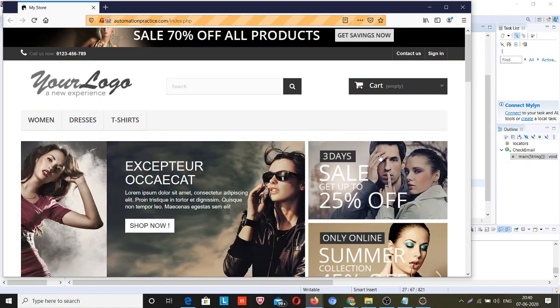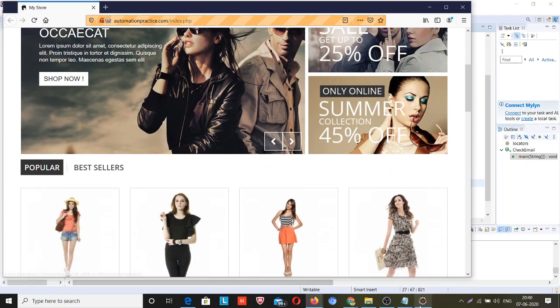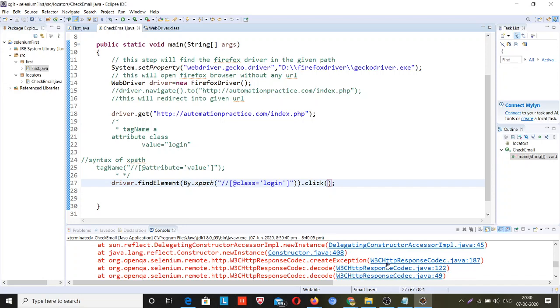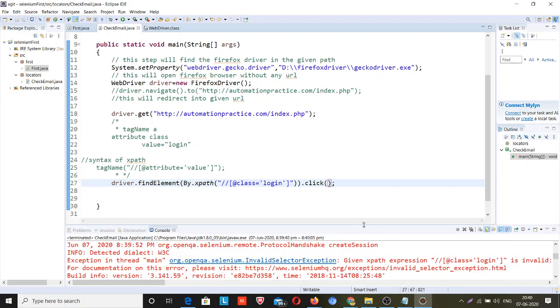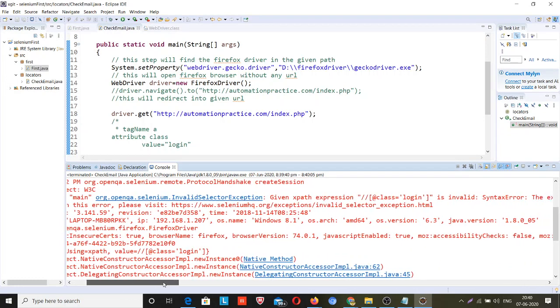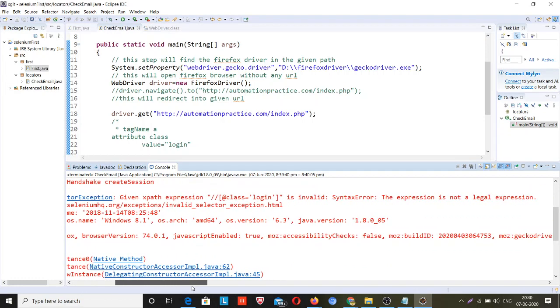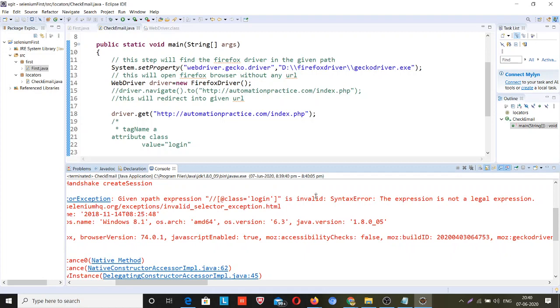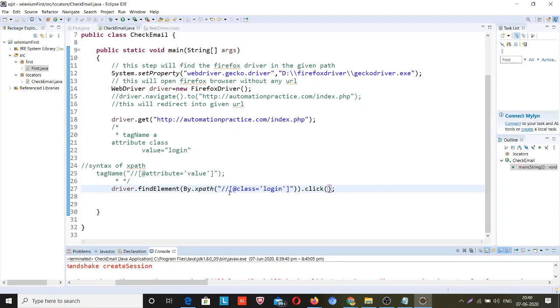So this has not clicked, some error occurred: invalid syntax error, expression is not legal. So I have done some mistake. @class is equal to login.